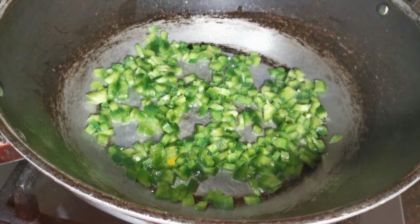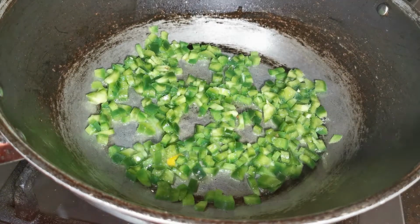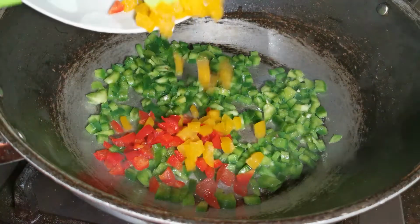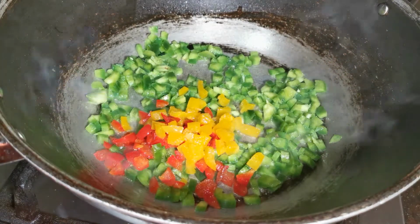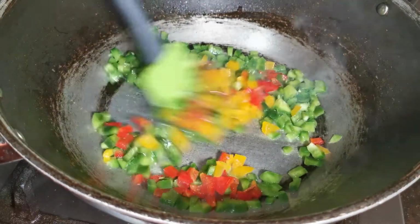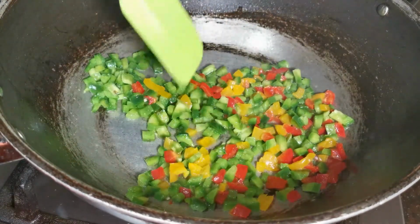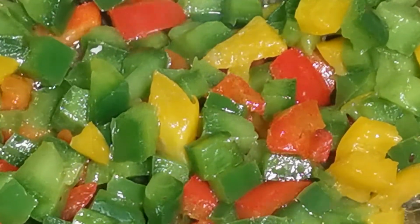Now, the reason why I keep my vegetables like this is because I'm a strong believer that if you overcook the vegetables, you just get rid of all the vitamins in them. So I rarely overcook my vegetables. I just lightly fry them or I steam them. Now I've added red and yellow peppers as well to add color. If you don't find them, you can just stick with 3 small green peppers, and when they're glazed with oil